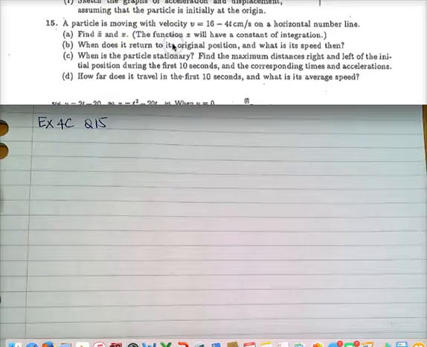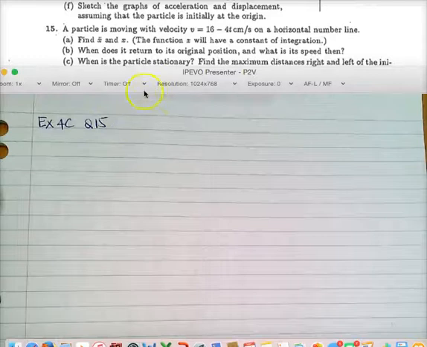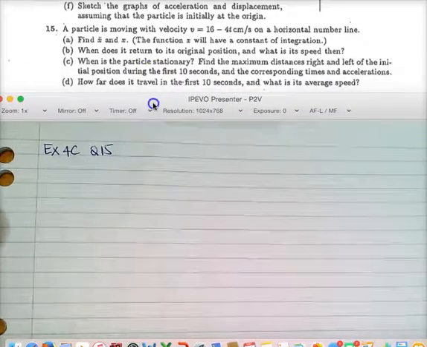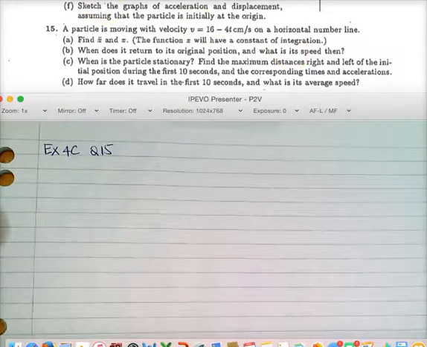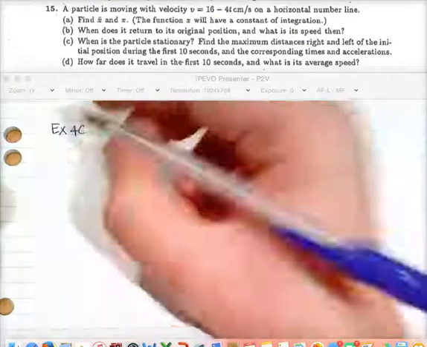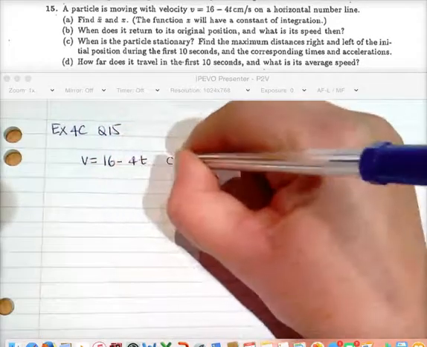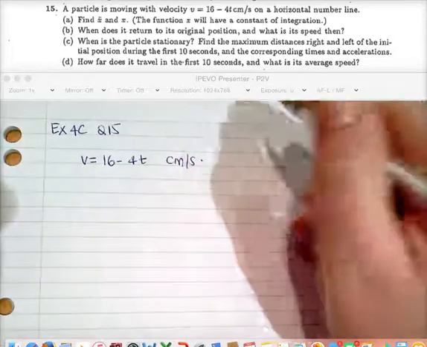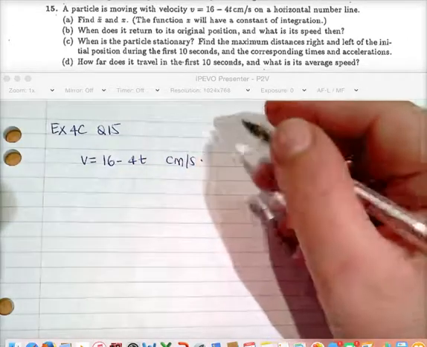Okay, now for question 15. It says a particle is moving with a velocity of v equals 16 minus 4t centimeters per second. So we've got velocity equals 16 minus 4t centimeters per second on a horizontal number line, and we've been asked to find acceleration and